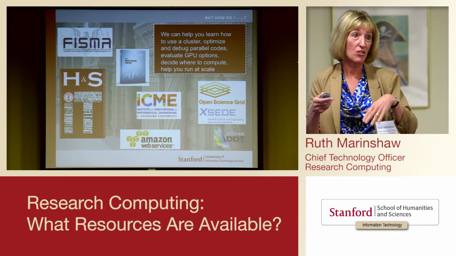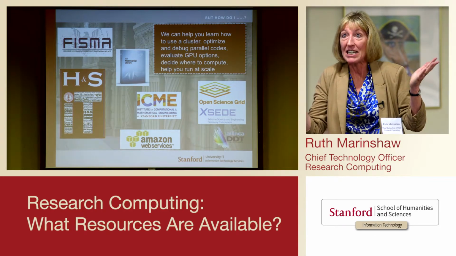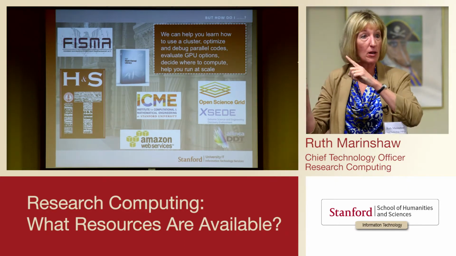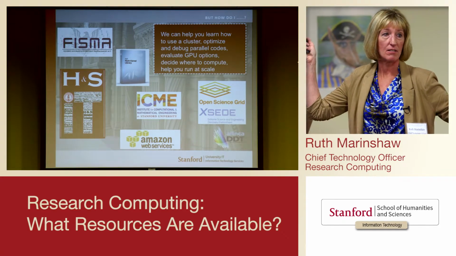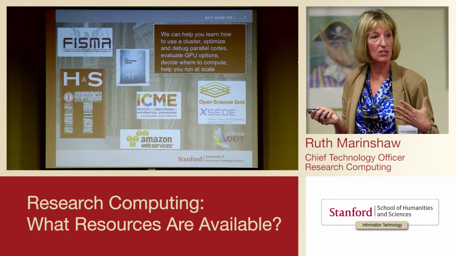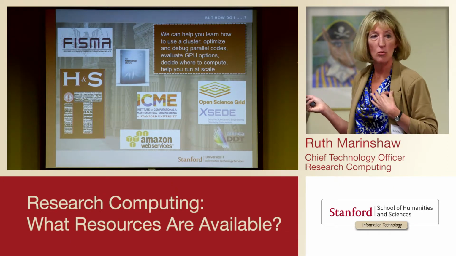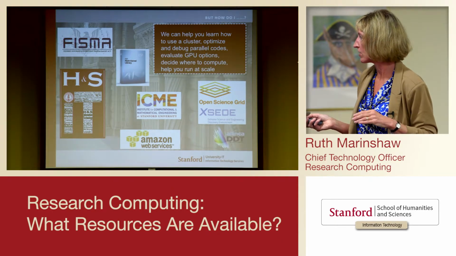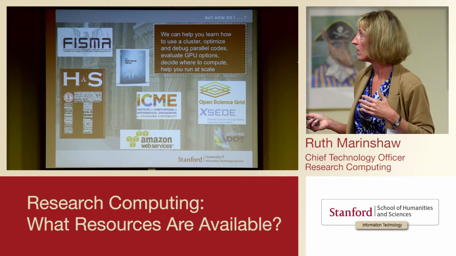Suppose Sherlock is just too small potatoes for you. You need some really big iron. Or you've got some wild idea you want to try. What if I could do this on 10,000 servers at once? AWS might be an option, but there are also some big honkin' 10 to 100,000 core clusters funded by the National Science Foundation. The program's called XSEDE. We can help you get going on that, or the Open Science Grid, which is similar but different. And if you're interested, we can talk to you about that. We have other performance tools for your codes that we can do.